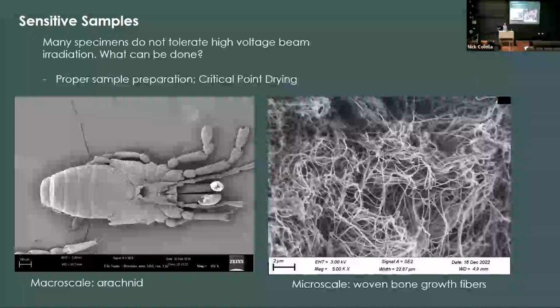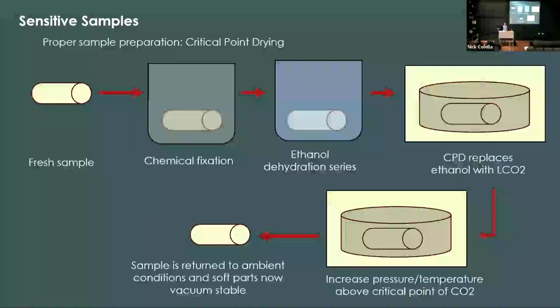I don't really deal with cryo at all. Adam, who works here at the SEC on this instrument, which has the cryo-SEM capability, will be the person to ask about that. But for CPD, that's basically going to take those hydrated samples and we replace the water in a really controlled way. So first, after the sample is fixed, it will go through an ethanol series to gradually drive the water out and replace it with ethanol.